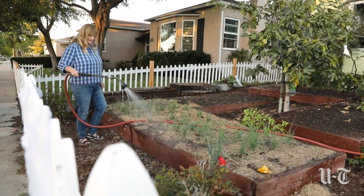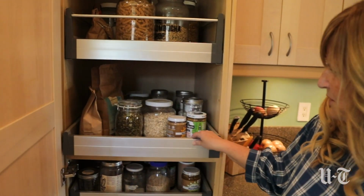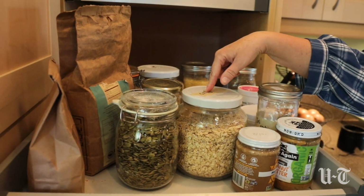We were forced to look at our trash, which most people don't have to do, and figure out like, okay, so this comes in a package. Can we buy this without a package? Okay, if we can't, then we're gonna skip it. You know, the food waste was like a third of our waste. It's like, okay, geez, this is a lot of food, which is also money that we throw into the trash. So everything we shop in bulk, so we just take these down to the People's Co-op where we shop